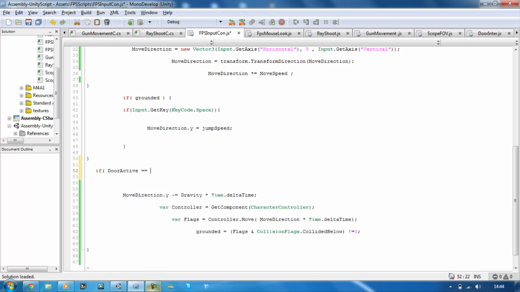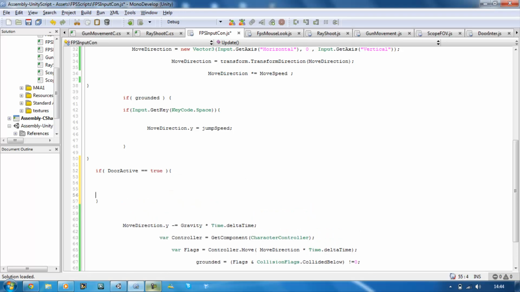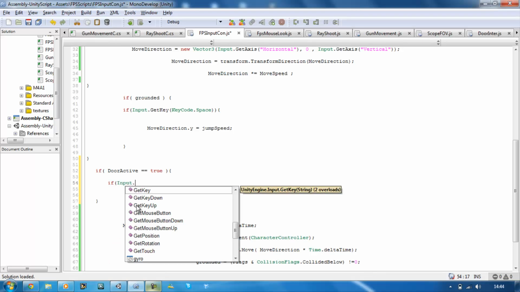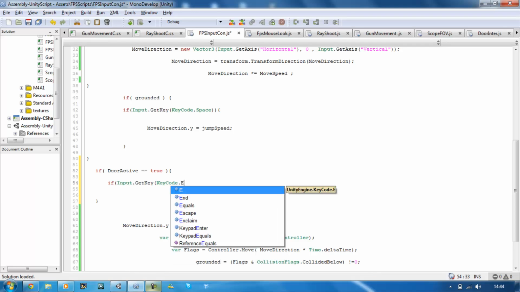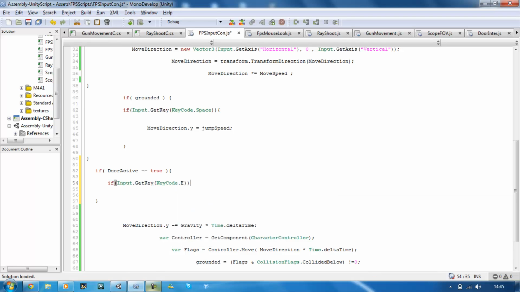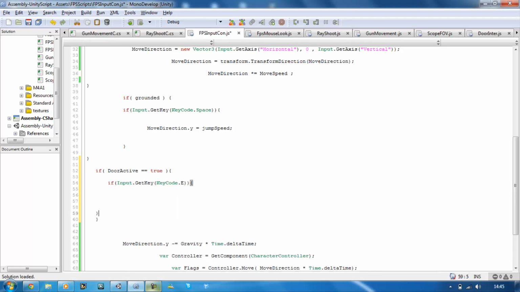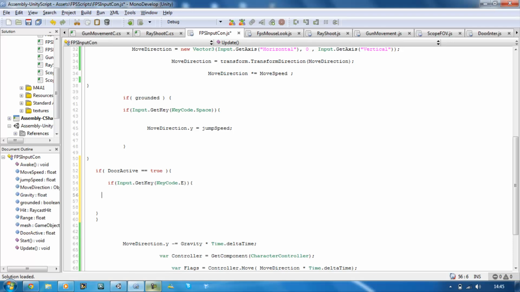Is equal to true. Then we want to do something, and in this case we're going to say if it's true, and if we press our input.GetKeyCode.E, enter as well, double close that, open bracket, close bracket, curly brace, sorry, and then